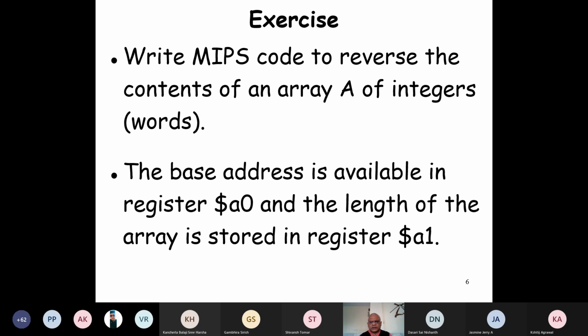So let me just have Ravi Kumar Meena. Ravi, are you there? Yes, sir. Okay. So can you just roughly outline the algorithm by which we can achieve reversing an integer array?